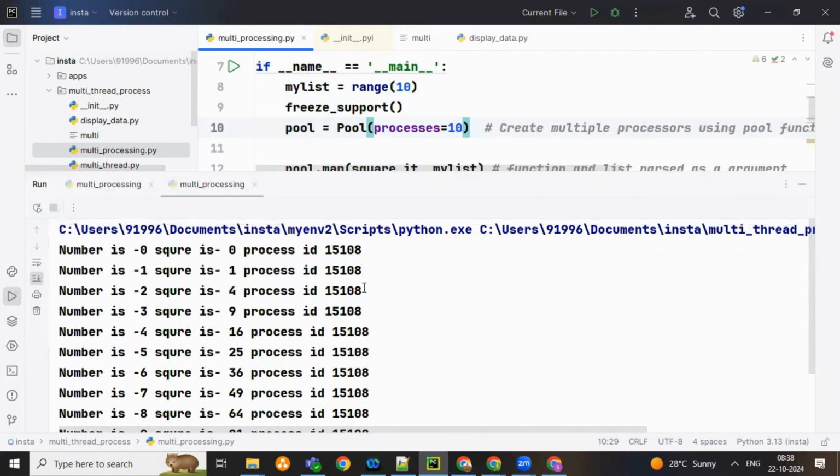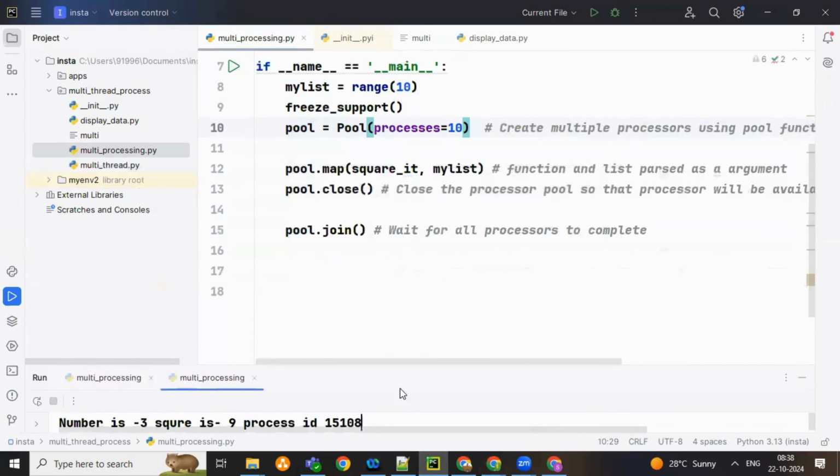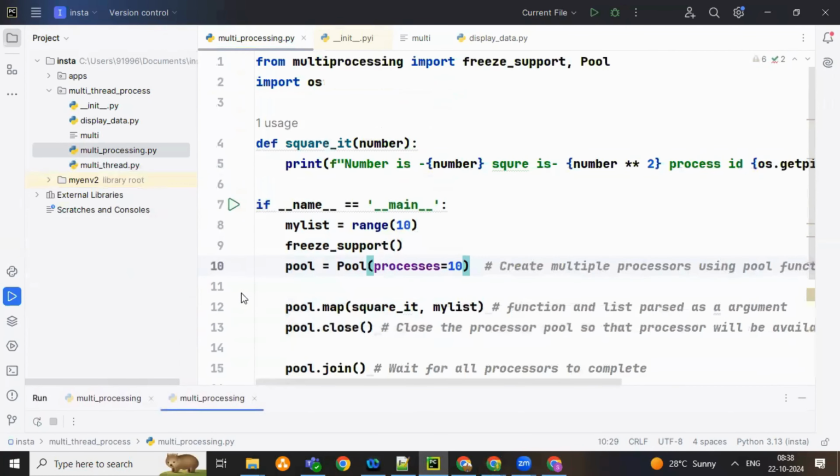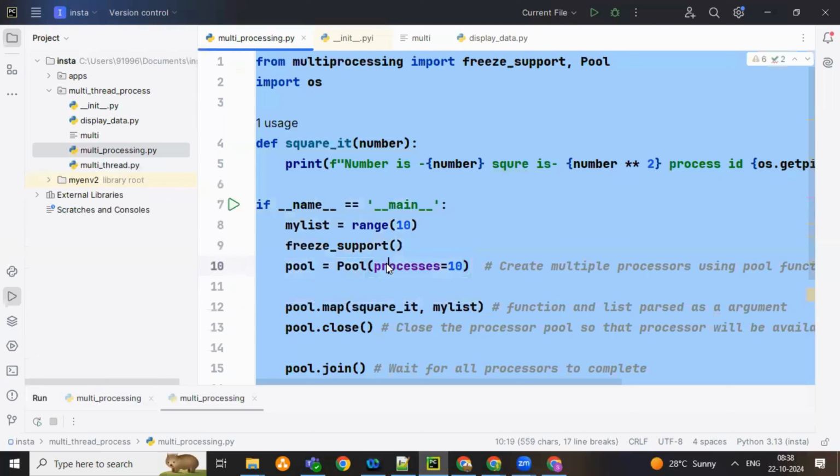What happened? But still it uses the same number, right? Did you see it? 15108. Oh, that's what they're talking about actually. See, when you're working on certain IDEs, right? Currently, I'm running it in this one, right? So if I run the same program, I'll be using command prompt